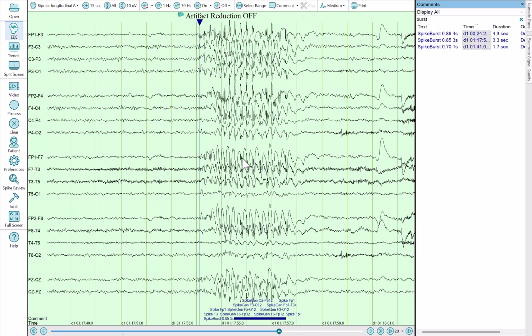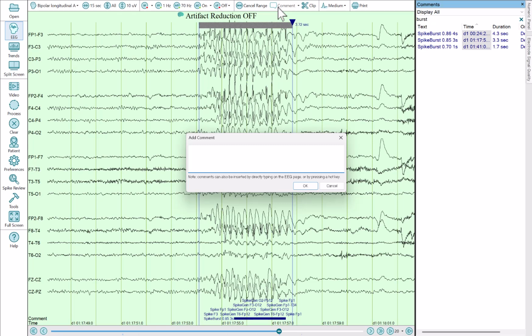To do that, I just click where I want to begin marking. I might mark a little further back because this one shows up in different groups of channels. It shows up in the left a bit sooner, so let's say we want to mark it here. All right, now what we do is select range, and I just click where I want to end that marking, and now I can click comment, and I'm going to call this @ manual,